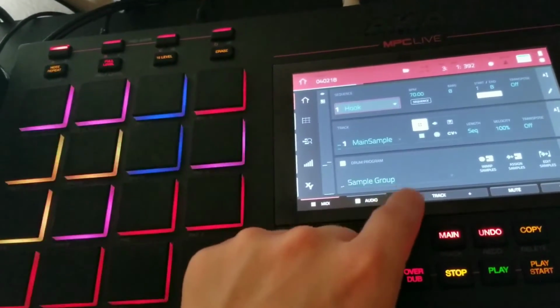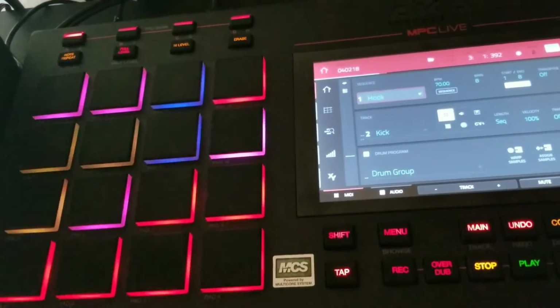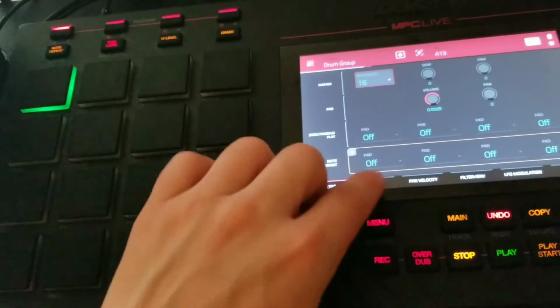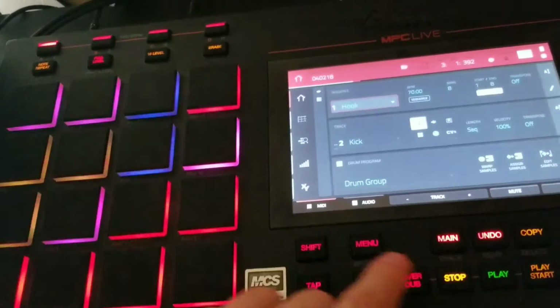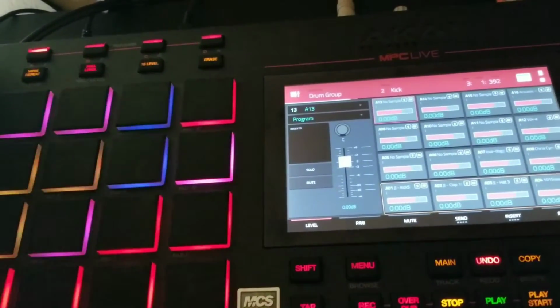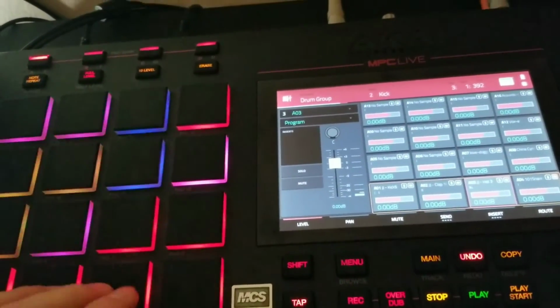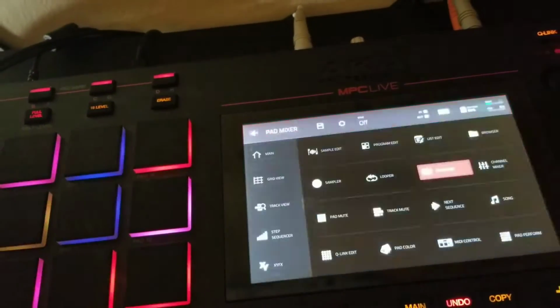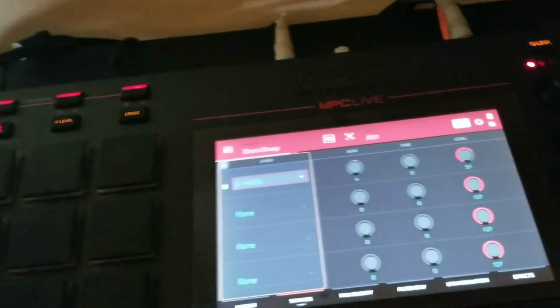Okay, so start out with my levels. I'm going to start out with my drums. And I'm going to go into my program edit and just look at my... Actually, let's go into pad mixer. So it seems like your pad mixer is actually different from your program edit. See, because I can go in here, and as you see,